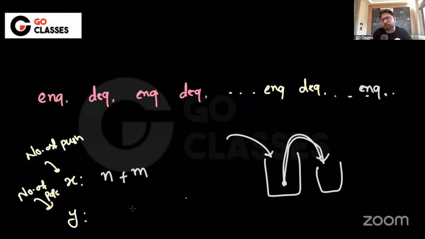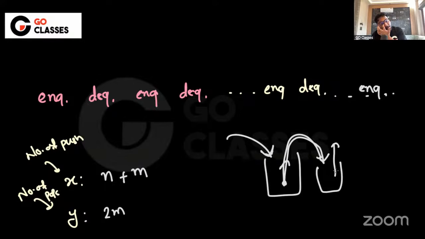Because of every NQ, there is obviously no pop, right? But because of DQs, there is one pop from here and then one pop from here, right? So because of DQ, there will be 2M pops. Is this understood to everyone? You pop from here and then push it, then you pop from here. Because of NQ there is no pop, but there is a push, so N pushes.